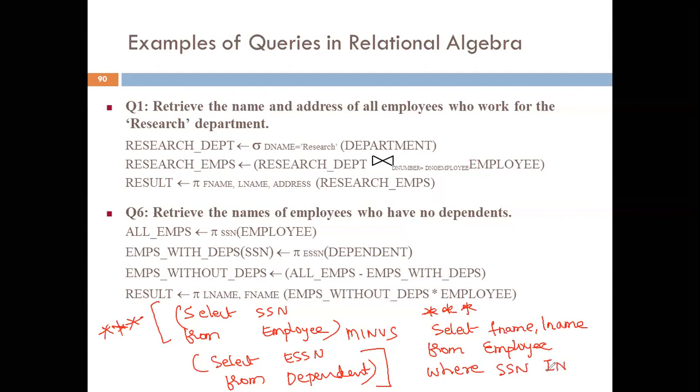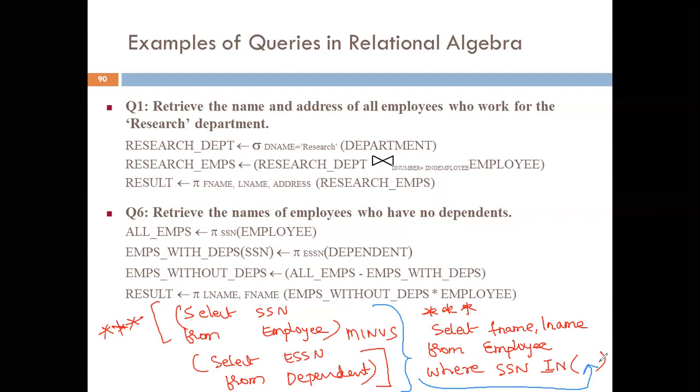So this is the condition, and within the parenthesis we need to mention this particular query. So this entire thing will appear inside this.